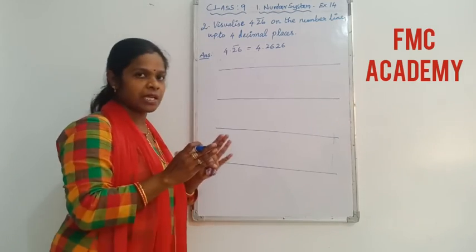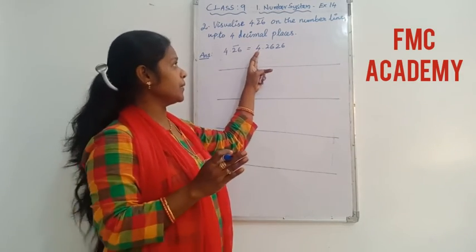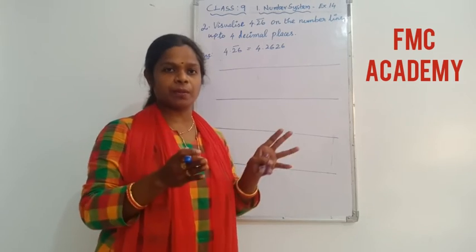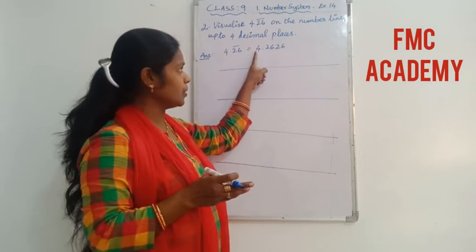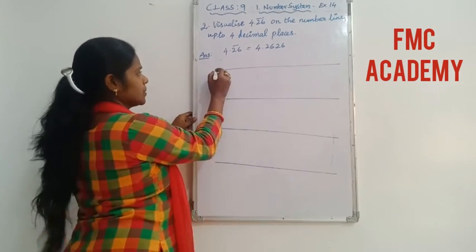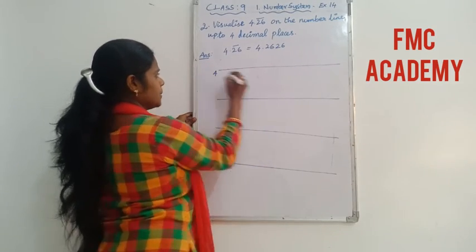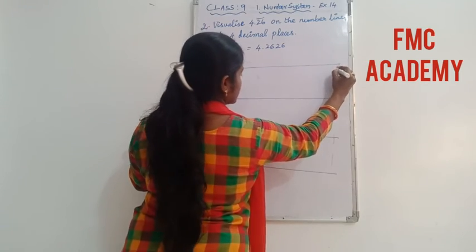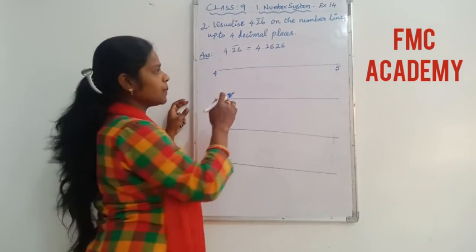So now the first step, you should identify this given number is between which two numbers. So definitely it will be after 4 and after 4 we have 5. So between 4 to 5 the number is going to be. So let us take 4 over here and 5 over here. So now between these two, let us make 10 equal parts.